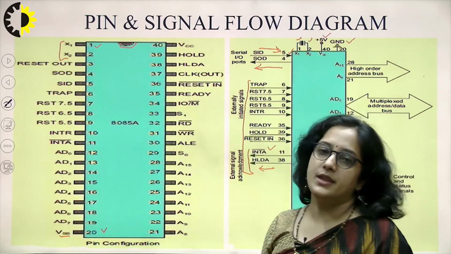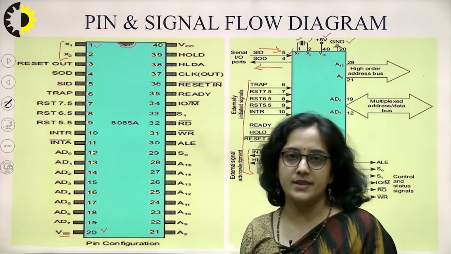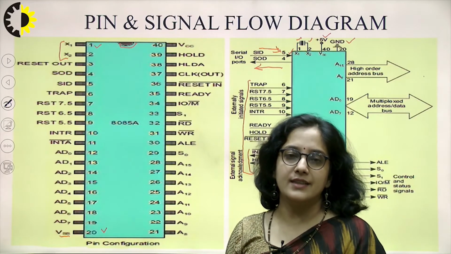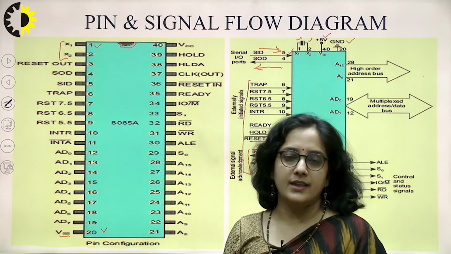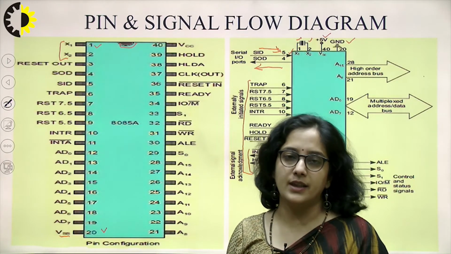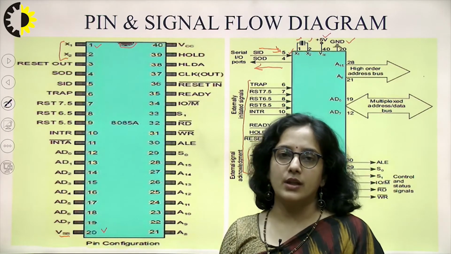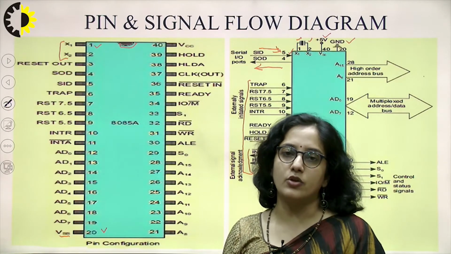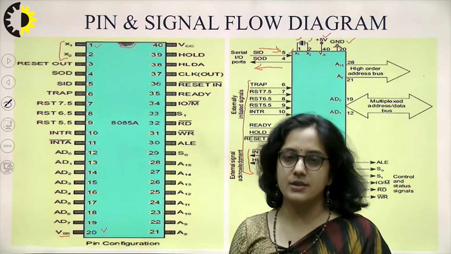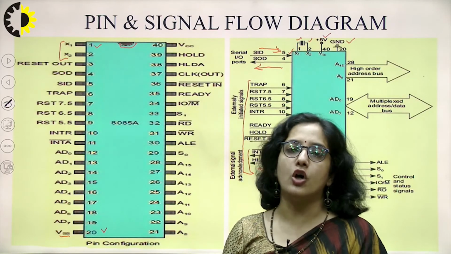Similarly, when DMA, that is the direct memory access controller, wants the control of the buses. I told you in the data transfer scheme that a microprocessor needs data from the outside world. It can take the data in different ways. One of the ways is the use of DMA. In that case, the DMA controller takes the control of buses and helps the microprocessor transfer a large amount of data from input output device to memory, that is, communication between input output and memory without the intervention of the microprocessor.